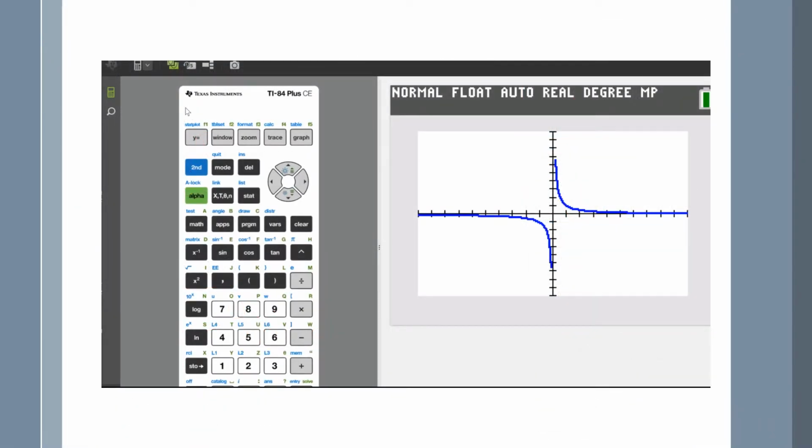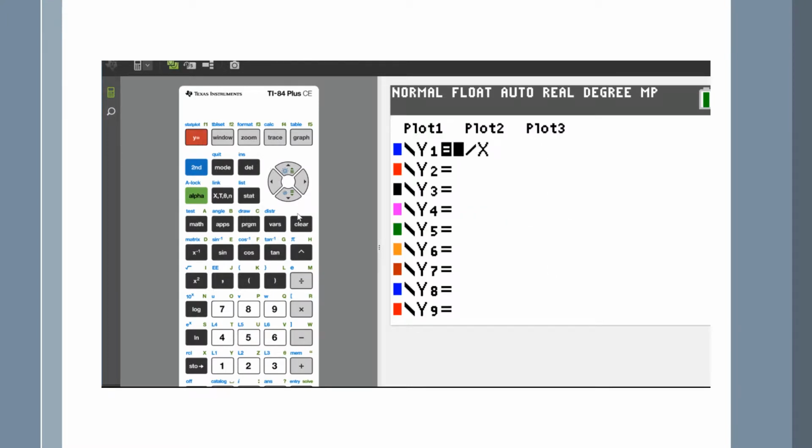All right, well, we're over here on our calculator, and I see I've already got a function in there, so let me go in here and clear this. I'm going to hit y equals, and I'm going to clear this reciprocal function out first. Now, if you recall from the previous slide, we had one of our equations that we had transformed into y equals 4x minus 8. So let's graph this. Now, as I hit each button, it is going to appear in red, so you can follow along. So I'm going to go 4x